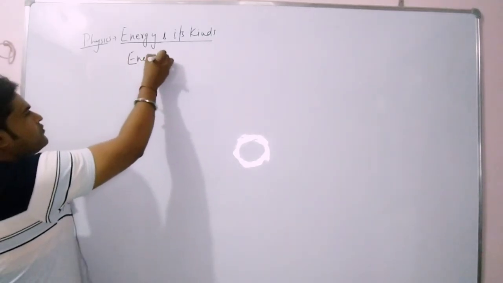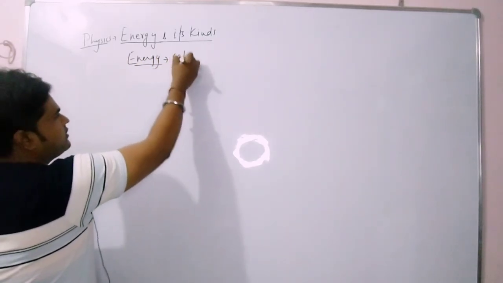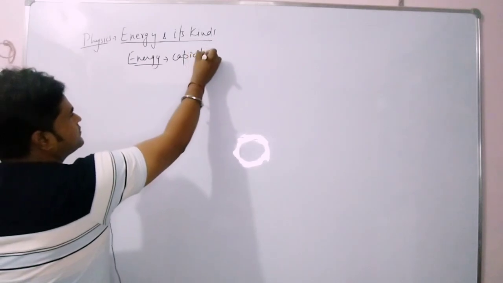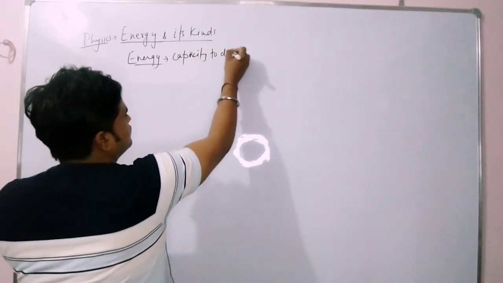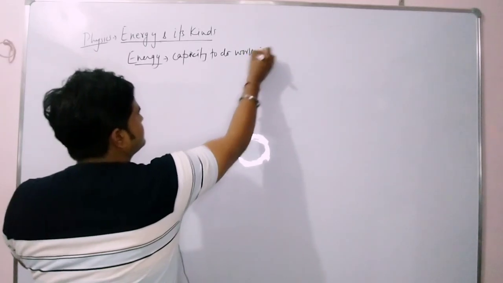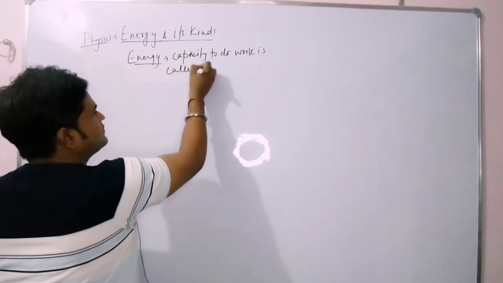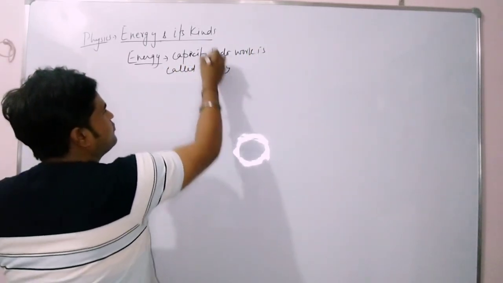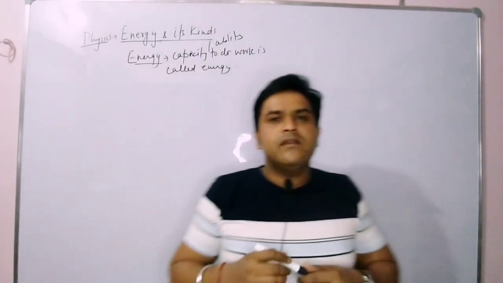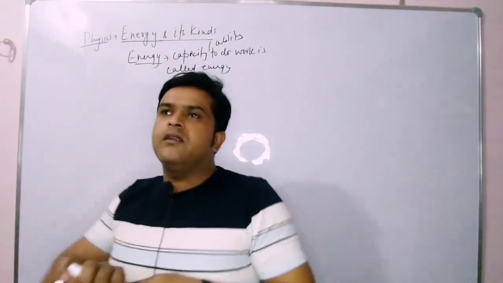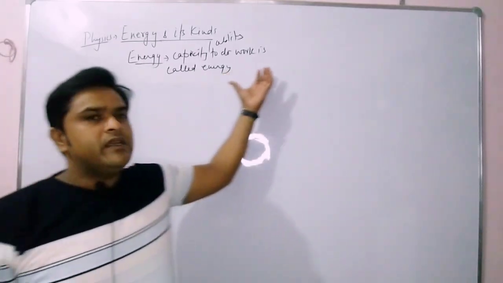As we have studied about work, so energy का मतलब क्या होता है? Capacity to do work. Capacity to do work is called energy, है ना? बचपन से पढ़ के आ रहे हैं या फिर हम लोग बोल देते हैं कभी भी ability to do work. So we can say work and energy are interrelated to each other. In order to carry out work, we need energy.